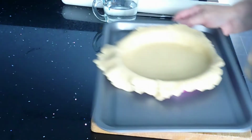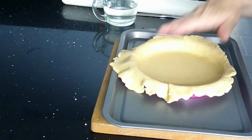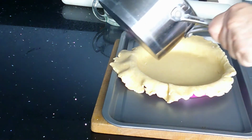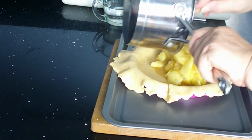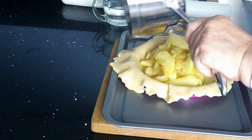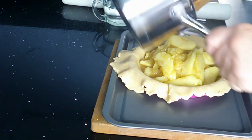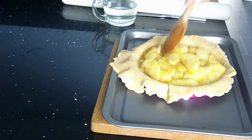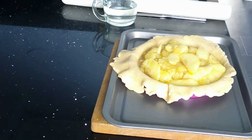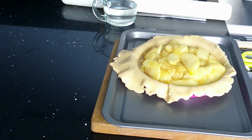So I have my pastry case on a baking tray. I've just lifted the lid. Please remember to lift the lid off your pastry, and I'm going to just put the apples inside. So there we go. 500 grams of apples inside my pastry case, and the last thing I need to do before I put the lid on is